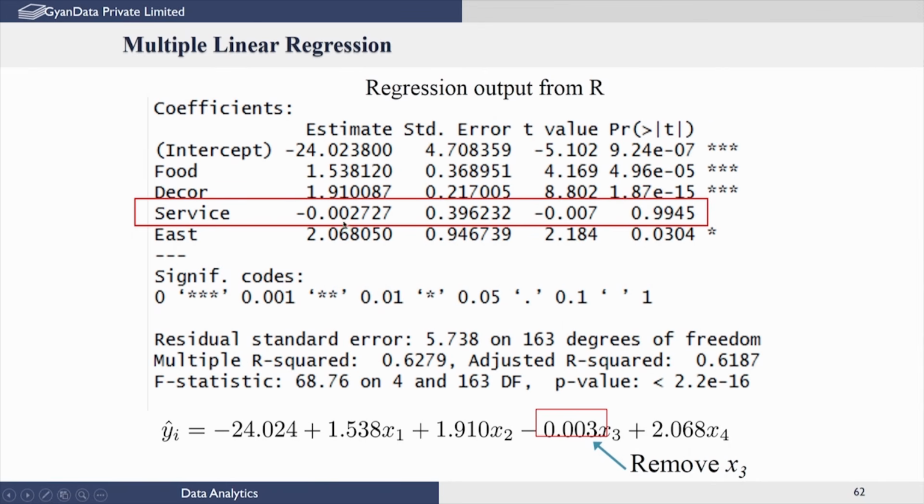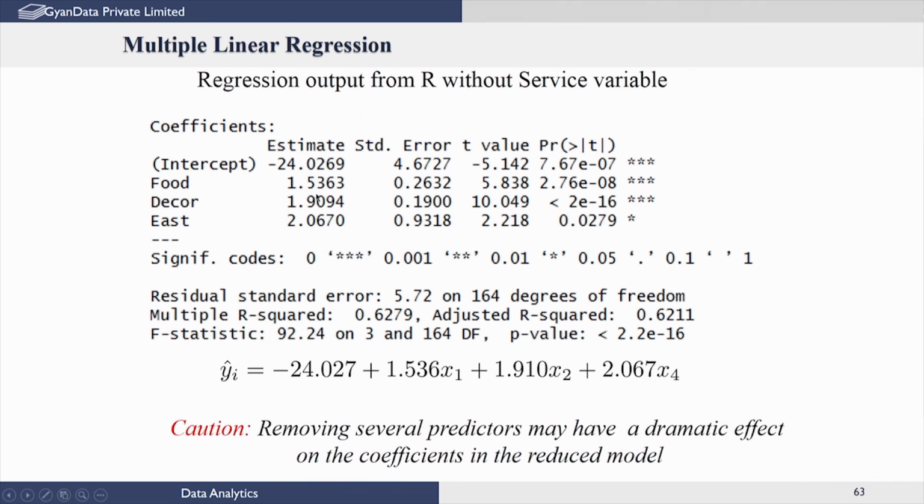As I said, from the confidence interval for the slope parameter for service, we can say that it is insignificant and we can remove this and try the fit. For the time being, let us remove this and try the fit. We have done that, we have only included now food, decor and east, and done the regression again, and it turns out that